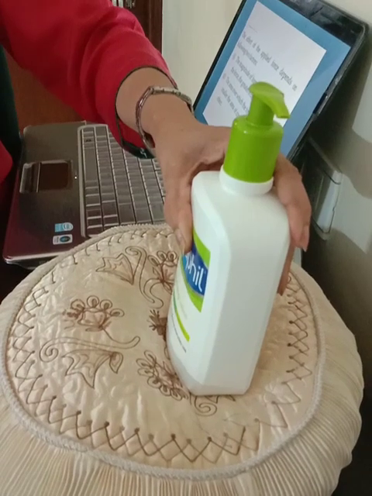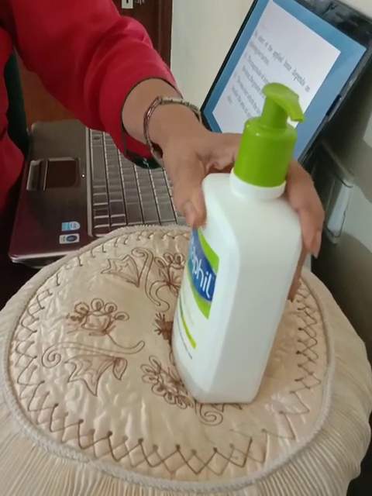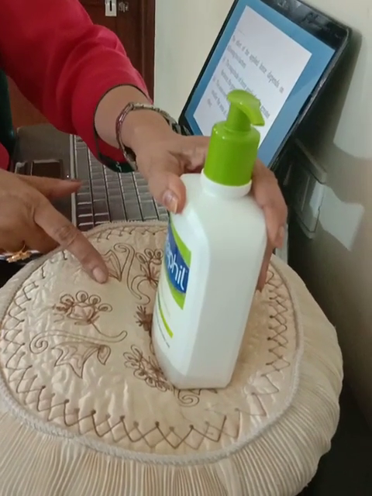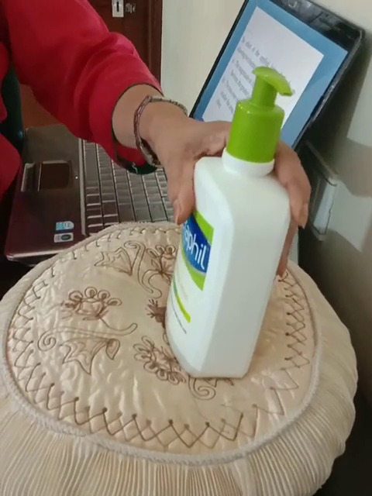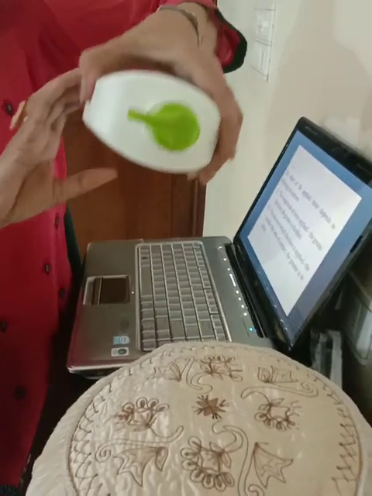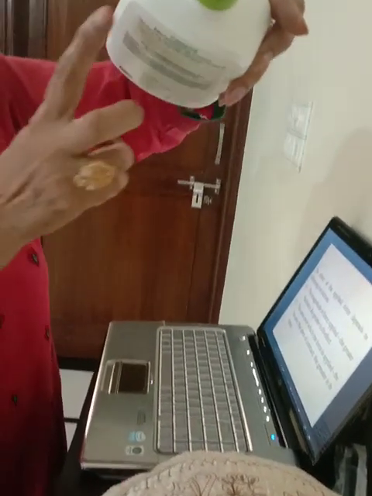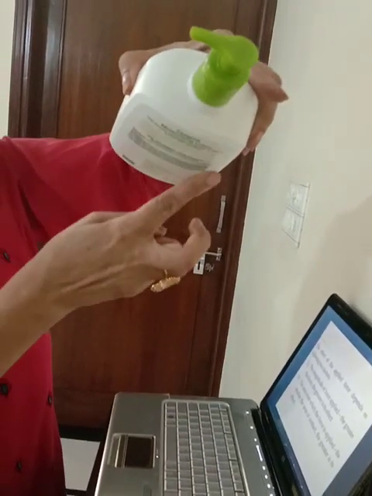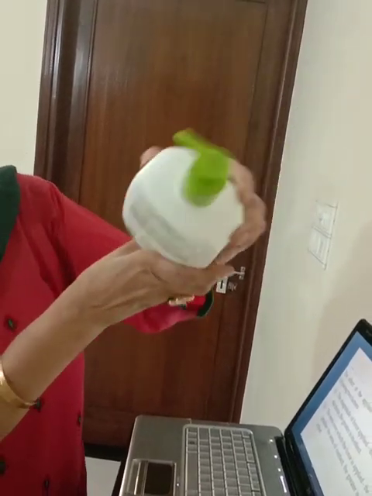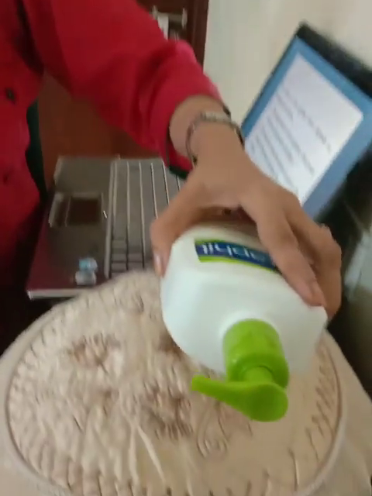Please be careful in your observation. When the bottle is put vertically on the cushion, this much it sinks. And now I am increasing the area in contact by placing the bottle horizontally. When I put the bottle horizontally on the cushion, this much is the area in contact. And you see, this is the lesser area and this is the larger area. Now you see what is the effect?